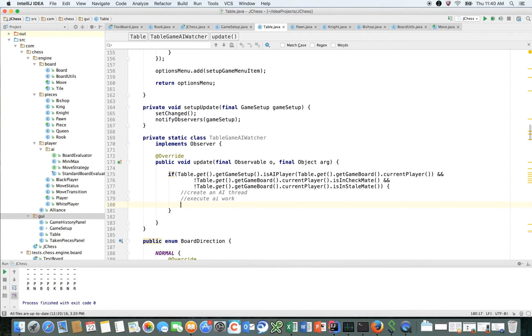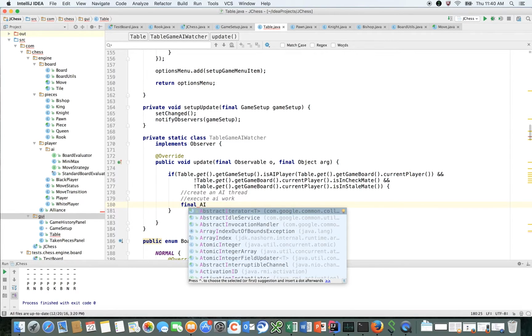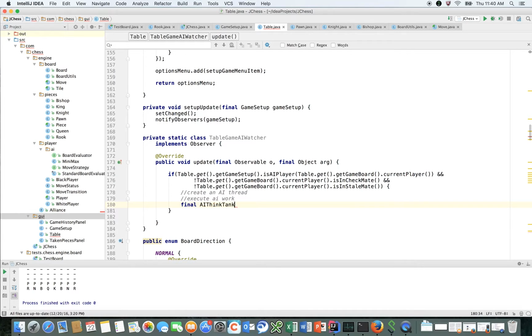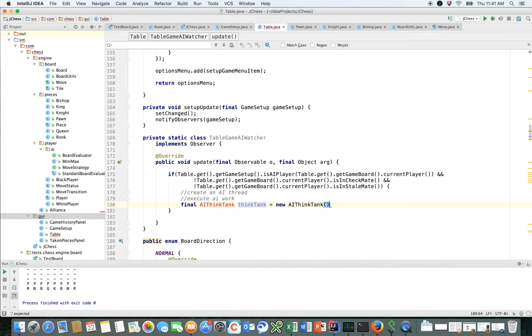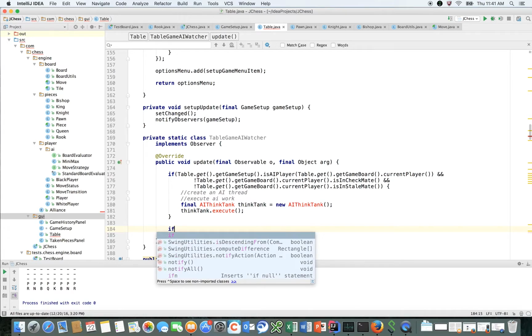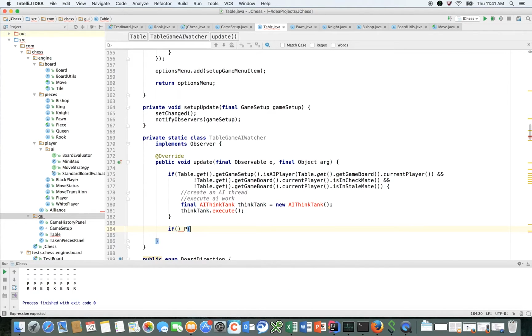And here what we're going to say is final, and this class doesn't exist yet, AI think tank, think tank, give it a cool name, the new AI think tank, okay, and think tank.execute. We'll have to create those, and while we're in here, we're going to say if,